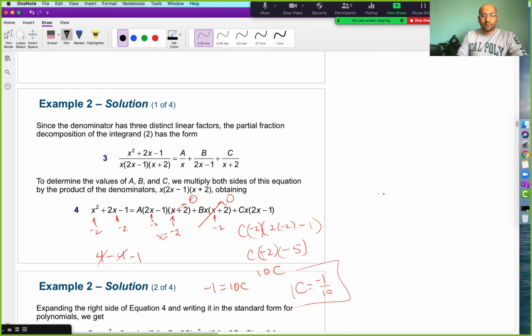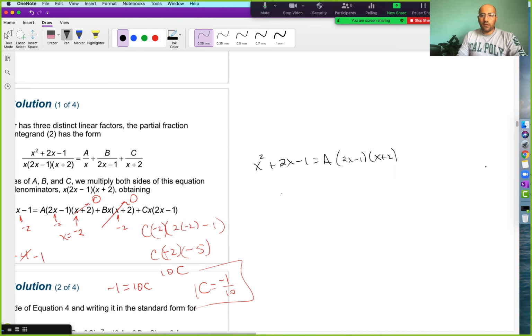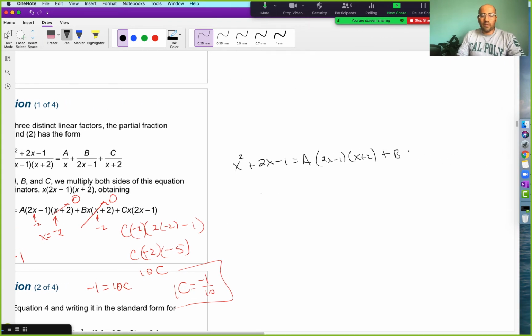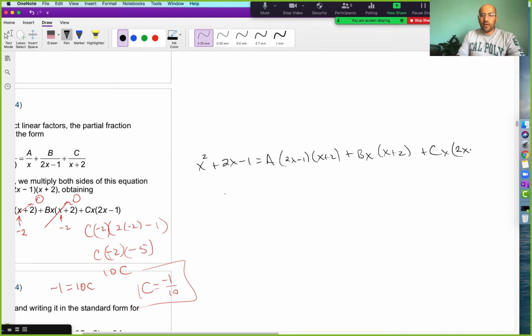Right, so let's try that one. If we have x squared plus 2x minus 1 is equal to a times (2x minus 1) times (x plus 2), and then we have (a plus b)x plus 2 plus cx, and then we have a (2x minus 1). Okay, so another fantastic choice is to let x equal 0, and that's because if we let this